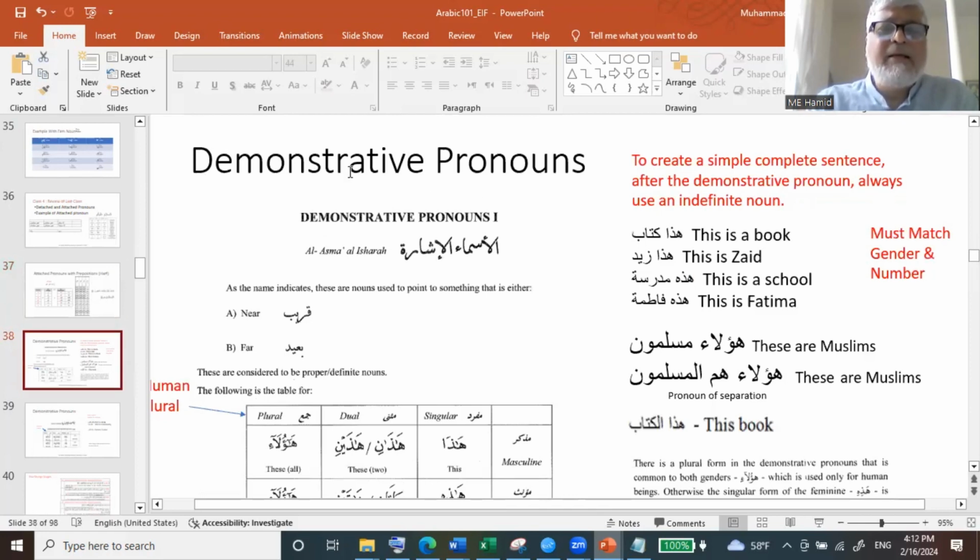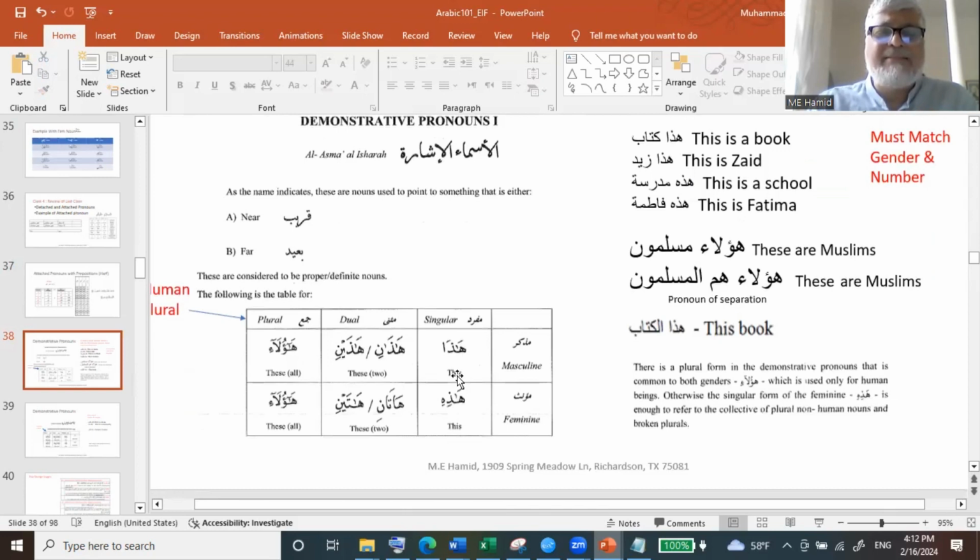We call it the demonstrative pronoun, or in Arabic ismul ishara. Ismul ishara shows the pointer pronouns, those that point to something. A pointer can be a near pointer, qarib, or a far pointer, ba'id. In English, like terms this means pointing at something very close to me. Or I'm pointing at something far away, that. I'm not doing far; I'm looking only at the qarib, the near pointers.